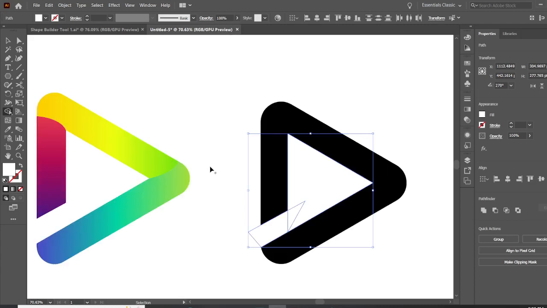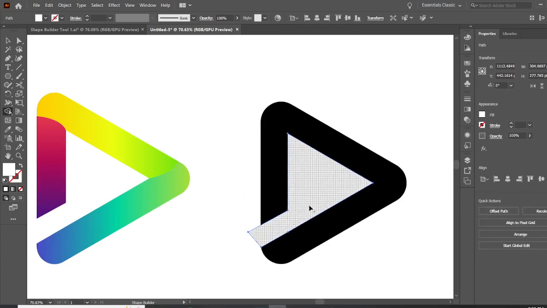Now, another way you can do it: after selecting the two shapes you want to join together, I can come under my Pathfinder and click on, you can see, Unite, to unite them, and they have now turned into just a single shape. Okay, so having done that, the next thing I want to do is